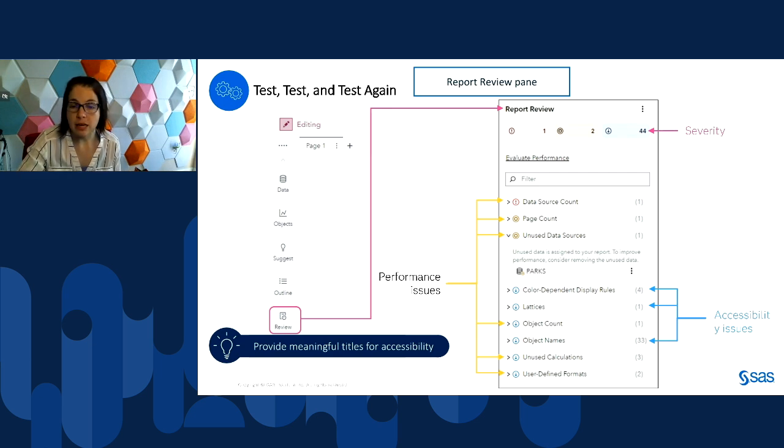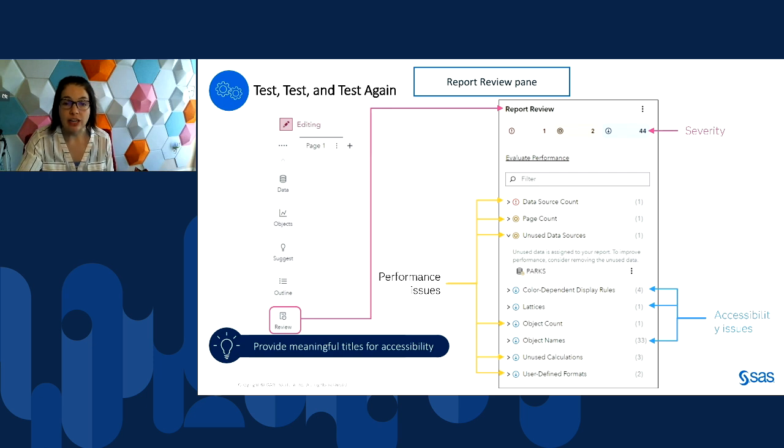We also see some accessibility issues. Color-dependent display rules is one, especially if those colors aren't different enough for people with color-deficient vision to see them. Lattices we talked about, and then always providing really descriptive object names. So the report review pane is a great first step for making sure your report is very performant and accessible.